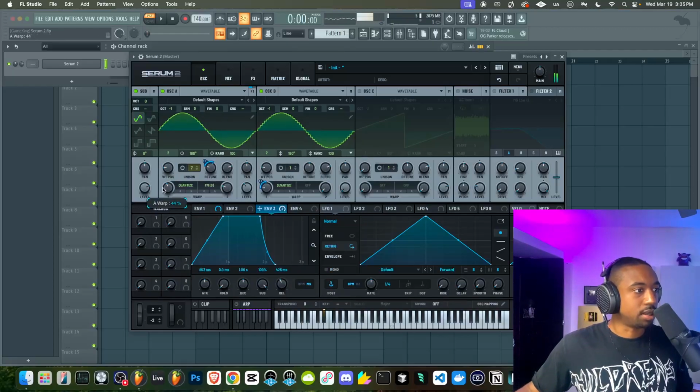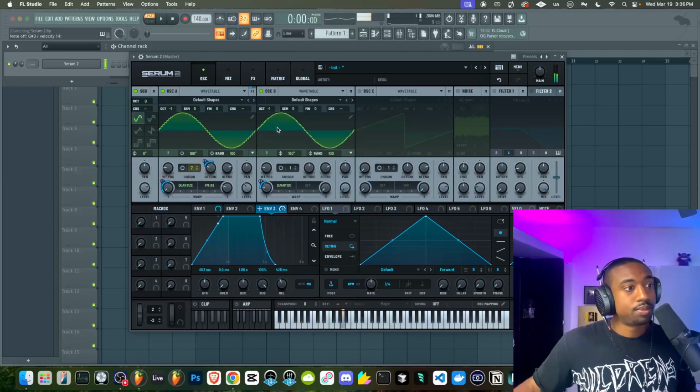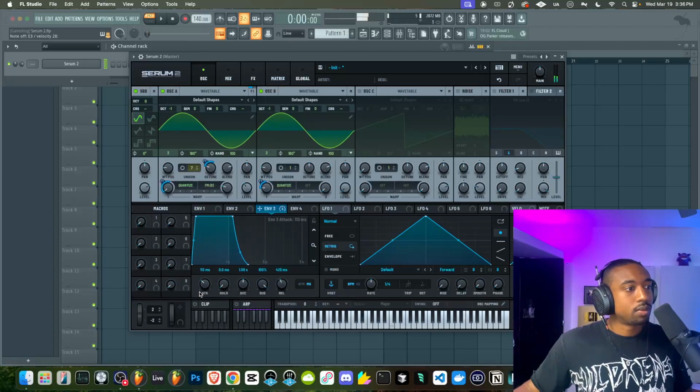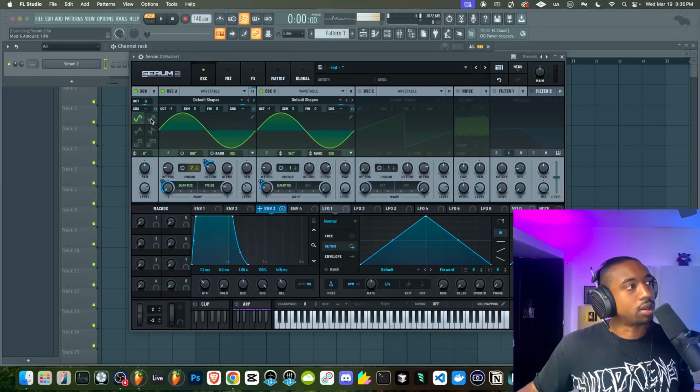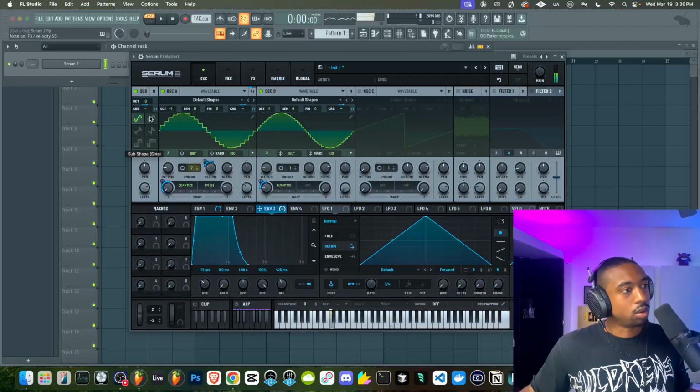So I pull back some of the modulation because it's too... Let me do it the other way. So I don't know if you could do this before, but we can also modulate the sub coarse pitch.